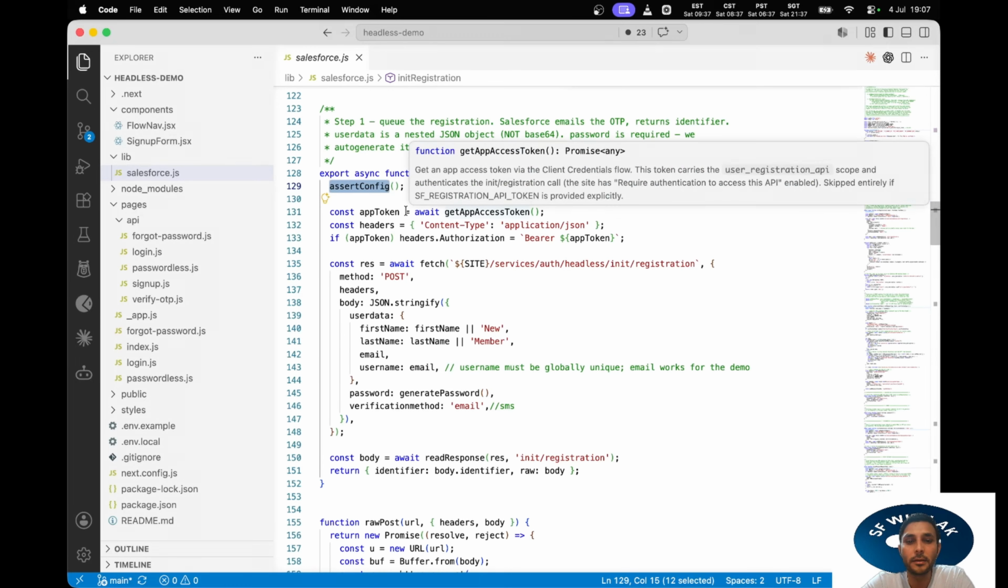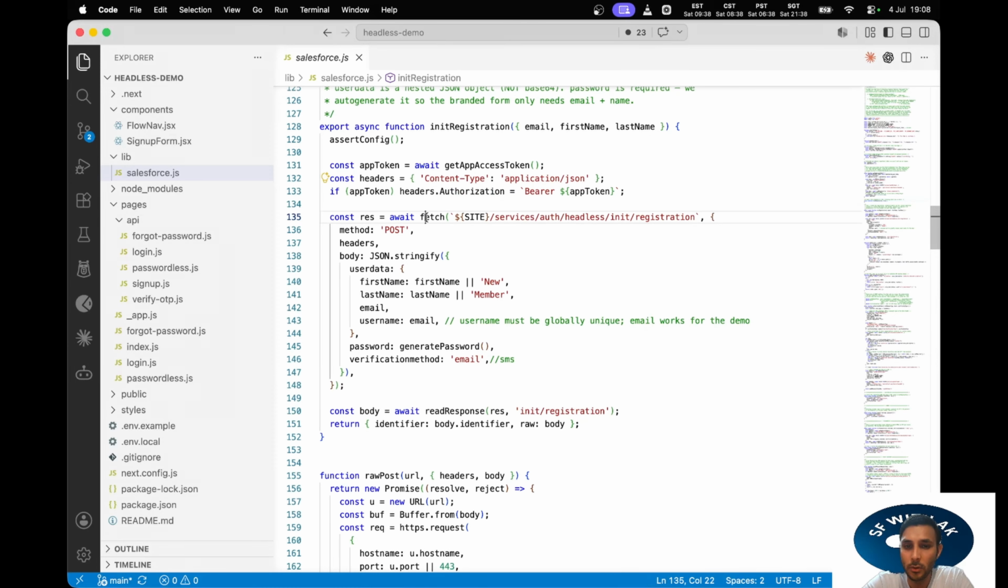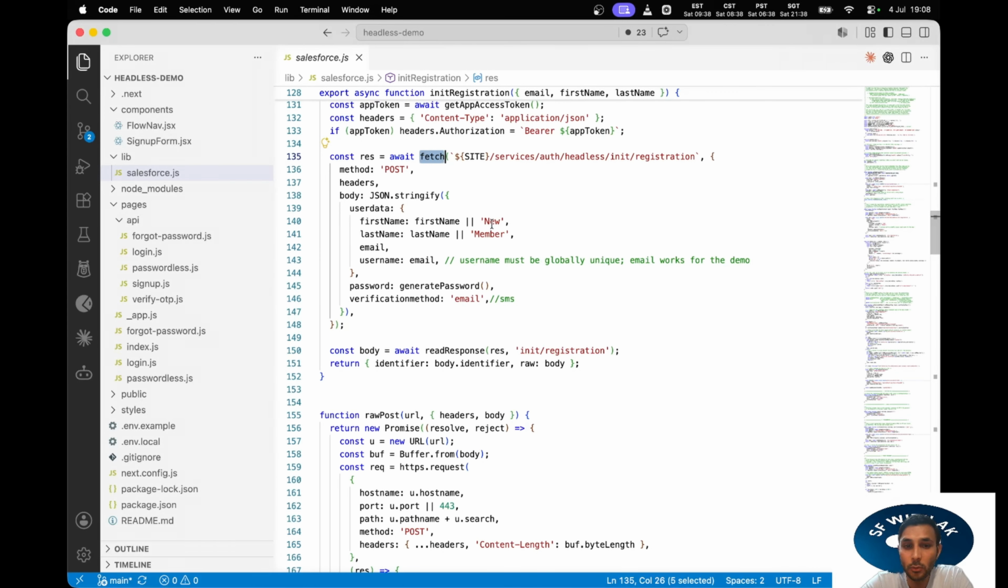Then we will get a new token. So we will await the get app access token that will return a token for us to call the registration API. Now we will pass the token in the header authorization, and we will make the callout from here. We are making a post request to headless init registration. Now the body that we need to pass: the first name that was passed from the method, last name from the form, email the user typed in, and username we are